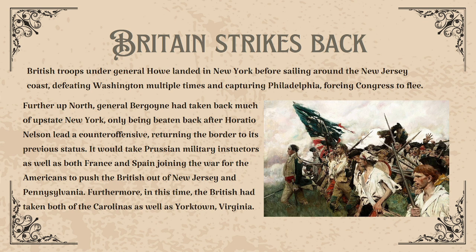However, what I forgot to mention is that down south, the British had taken both the Carolinas as well as Yorktown, Virginia. Why is this important? Because Carolina and Virginia were places which were very rich, for one, because these were very flat regions where plantations could be planted en masse. And so these were the places which were producing most of the goods that America was selling at this point in time.